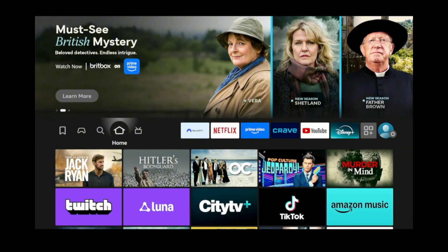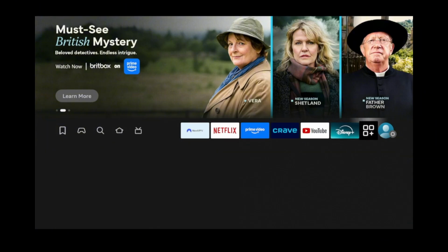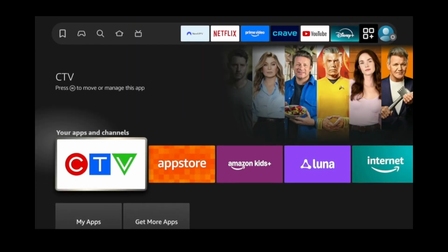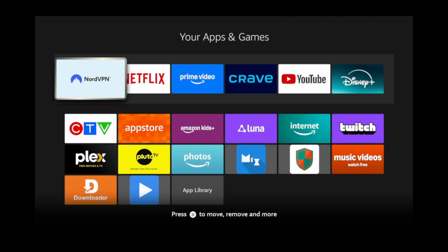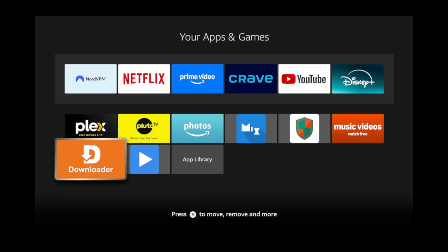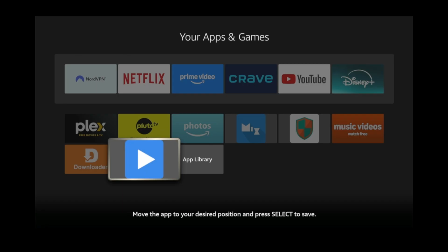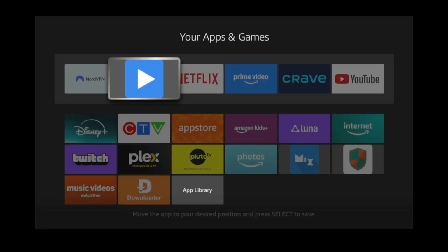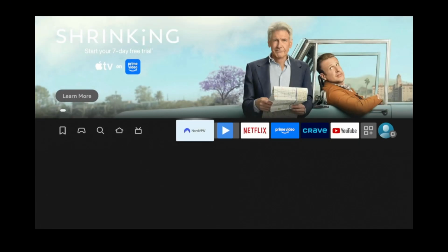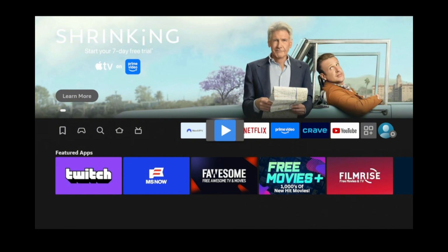Press the Home button. Go to the far right side, then down to My Apps. Now look for MX Player and press and hold it, and you can now move it to the top for easy access. This app is an amazing media player, but